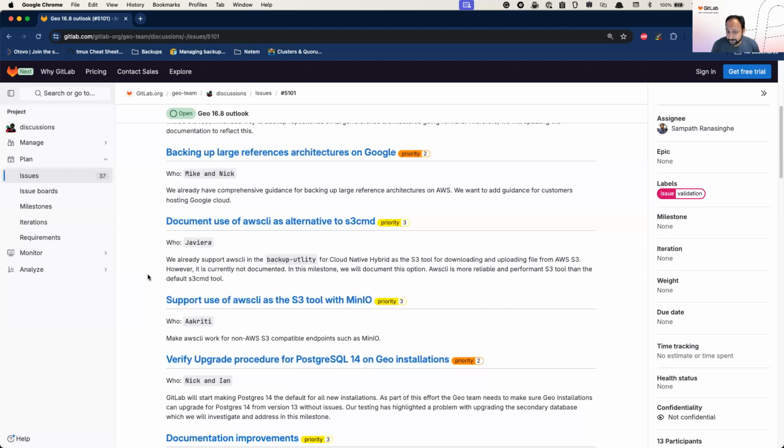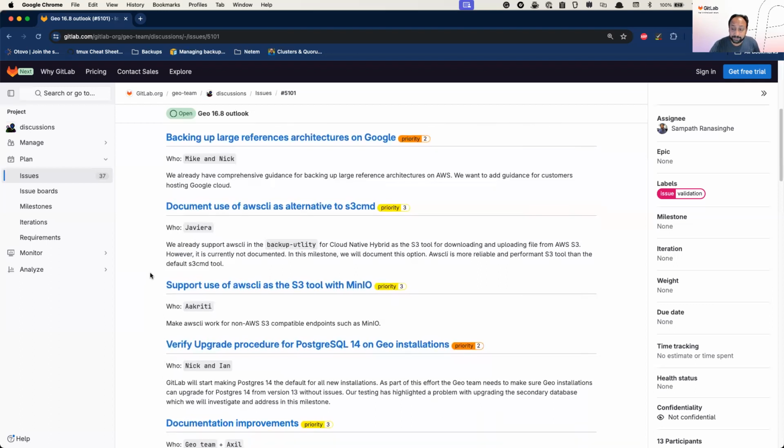However, AWS CLI is a faster, more reliable alternative to S3 CMD, and we want to update our documentation so that more customers are aware of the option to select this as their preferred S3 tool